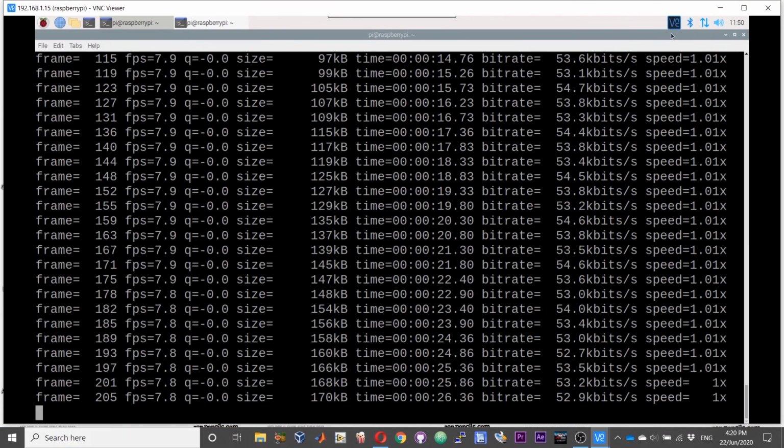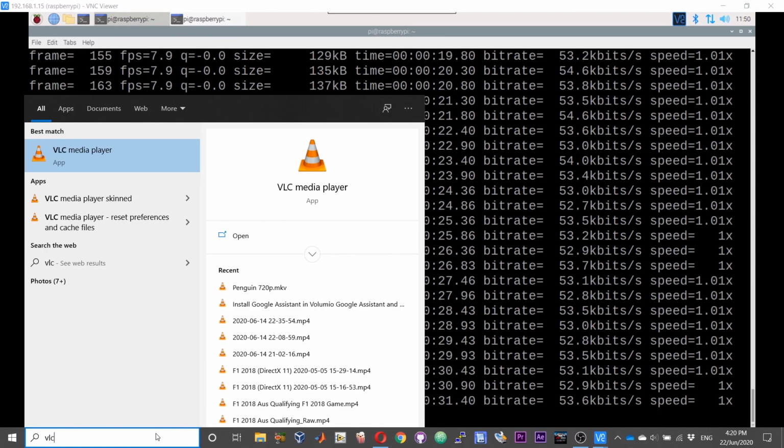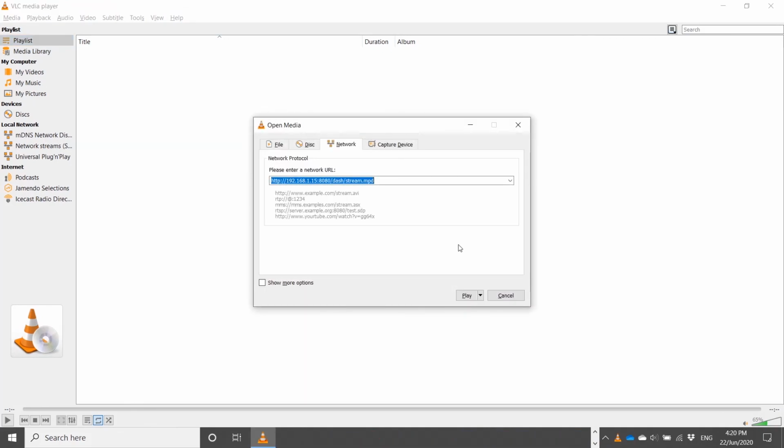To test the working of the stream, we will launch VLC from the PC. Press Ctrl N. So we have used the DASH protocol. Here is the URL for getting the DASH stream: http followed by the IP address of the Raspberry Pi, and then the port number, which is 8080, and then dash followed by stream.mpd. mpd is the extension for the DASH stream.